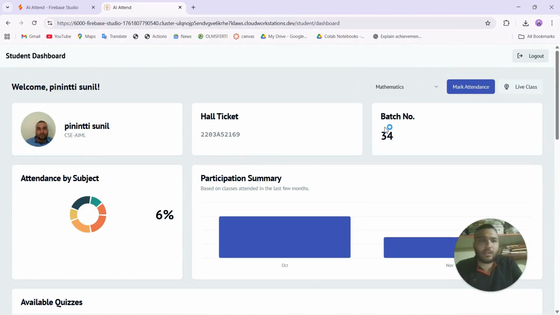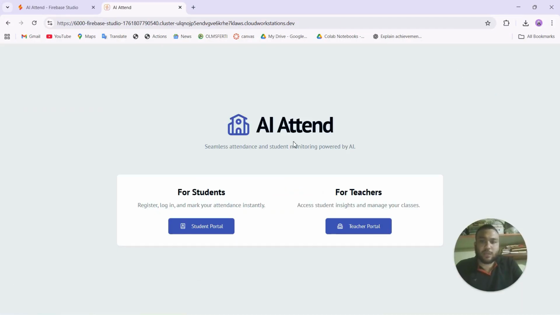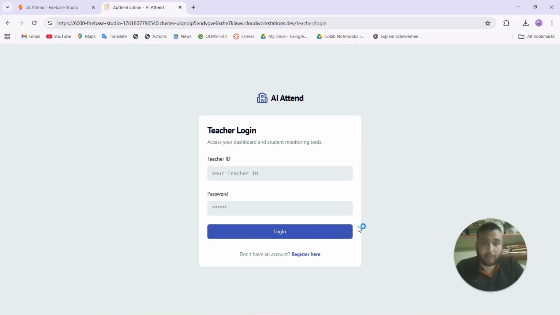But this is all about the student dashboard. Once you log out, you can log into the teacher's dashboard, where you can see all the students' participation and all the quizzes in it, where a teacher can register here with their teacher ID and teacher name